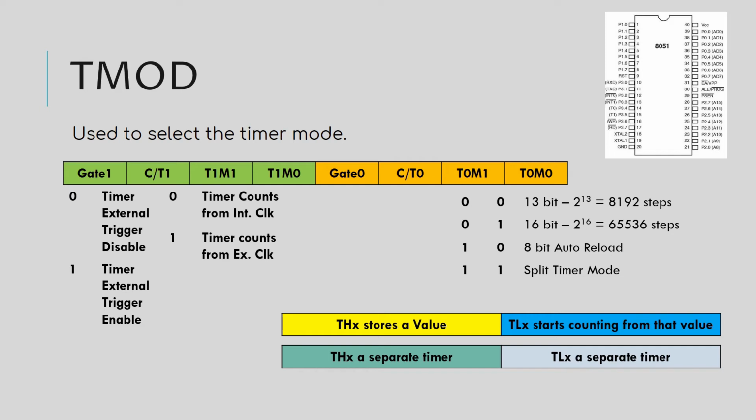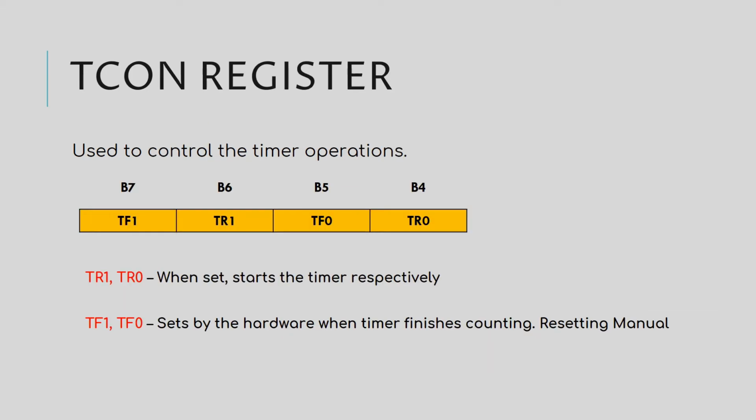And another is counter timer. So this is C/T1 for timer 1 and C/T0 for timer 0. By default, timer follows the crystal frequency we have attached with the microcontroller. If this bit is set, then the timer will work as counter, and then it will follow the frequency given at pin number 14 for timer 0 and 15 for timer 1. In default operation or normal operation, we don't need this kind of counter. It may be required in some applications. So I think you have understood the functionalities of TMOD register.